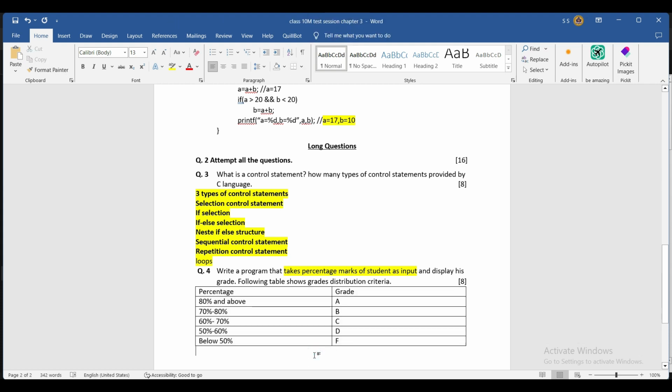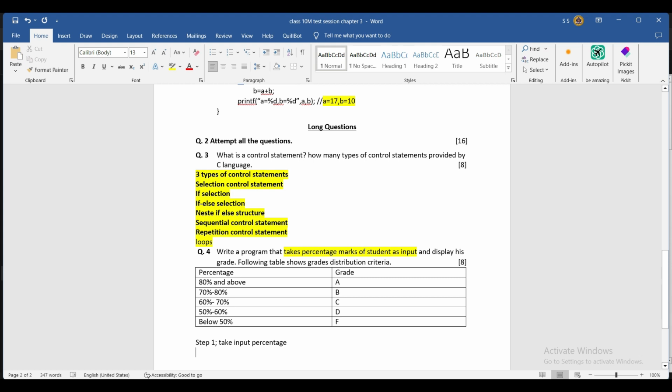So simply first we are going to take, I'm just going to write down a pseudo code here. First you are going to take input. First step क्या होगा आपका? Take input percentage, right? Then you will be comparing that percentage. If percentage is greater than equals to 80%, राइट? तो आप एक नया वेरिएबल बनाओगे,